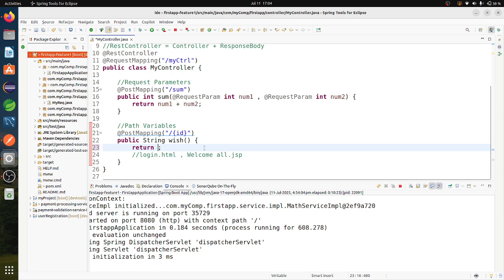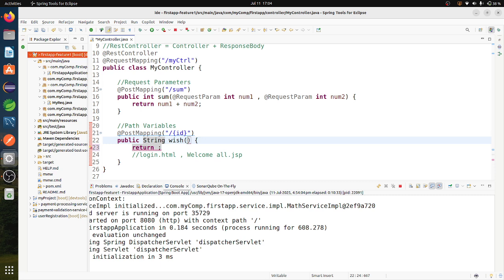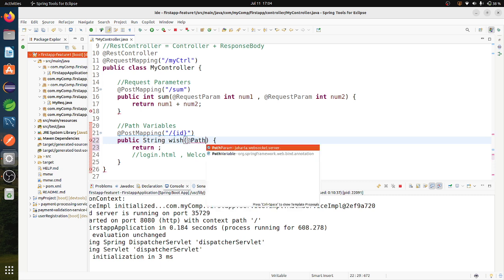So whatever ID it is taking, I want to pass that one. If I want to do that, I cannot directly write this ID. Here, if I want to take that path variable, then I have to mention an annotation, @PathVariable.